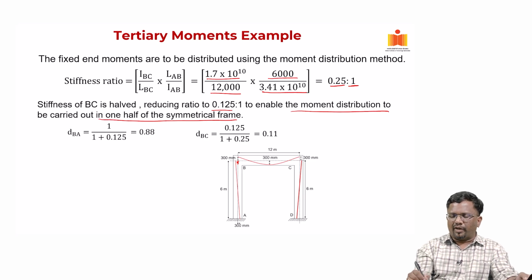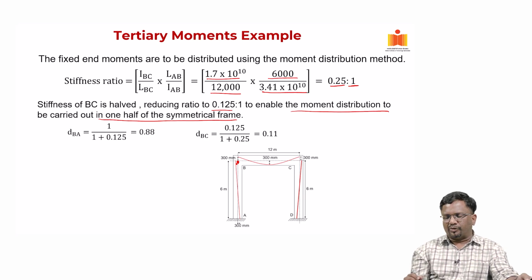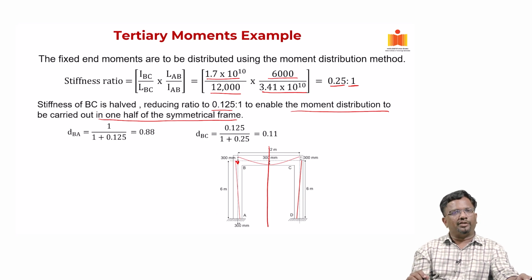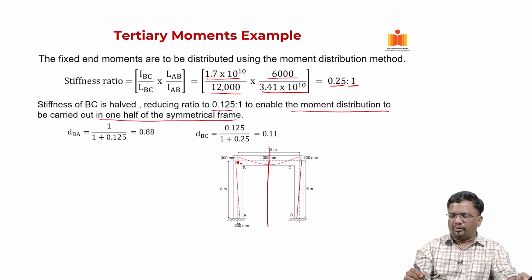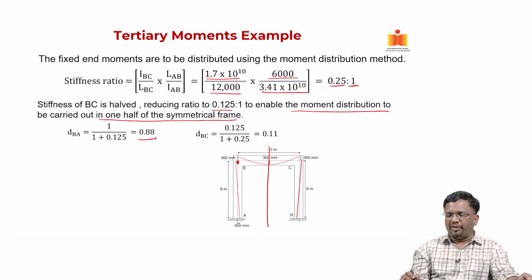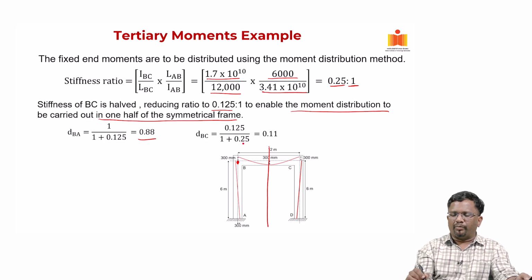So, I have to find now the distribution factor depending upon the relative stiffness of the members that are connecting in this one joint. So, we are doing only analysis up to this half, one half, right. So, I am interested only in what is happening in this joint B, right. So, two members that are connecting, BA and BC. So, D_BA will become 1 by 1 plus 0.125, which is 0.88, and D_BC will become 0.125 by 1 plus